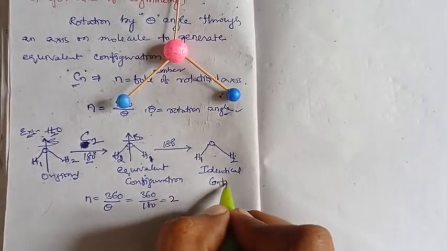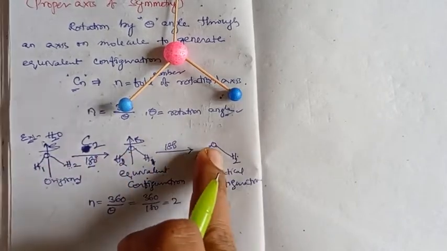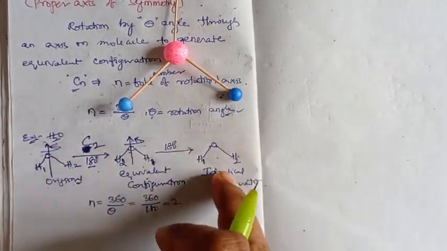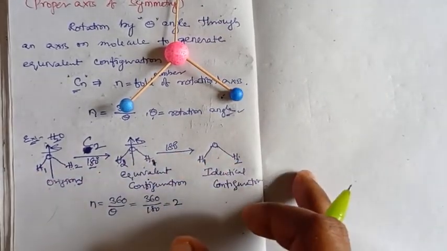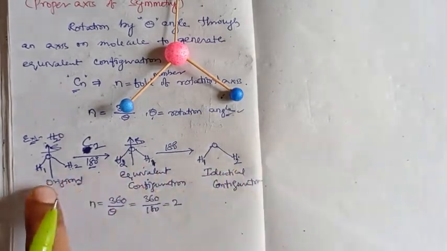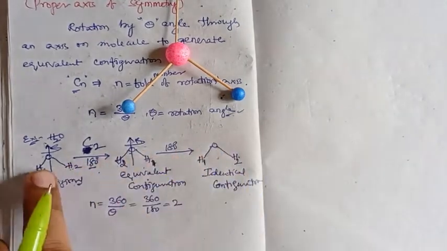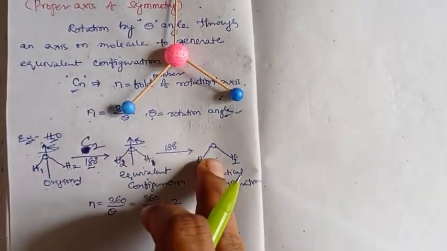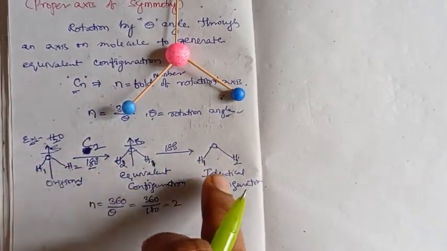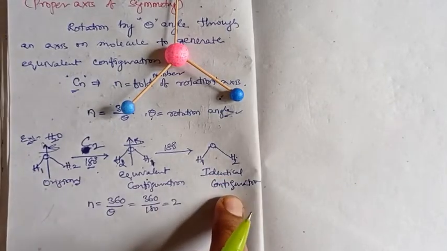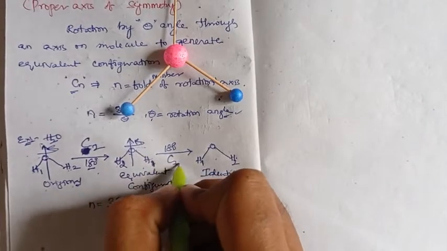Why? Because it has the same shape: oxygen above, hydrogens below; left side hydrogen, right side hydrogen. Even the labeling of hydrogens is the same: left side H1, right side H2, so the two structures can never be distinguished as different. It is 100% equal to the original, and is termed identical.